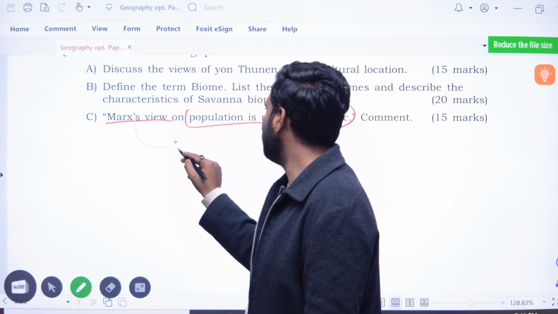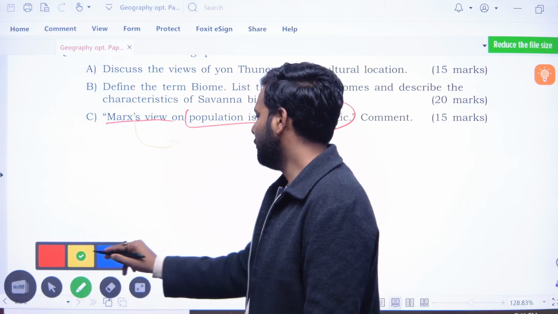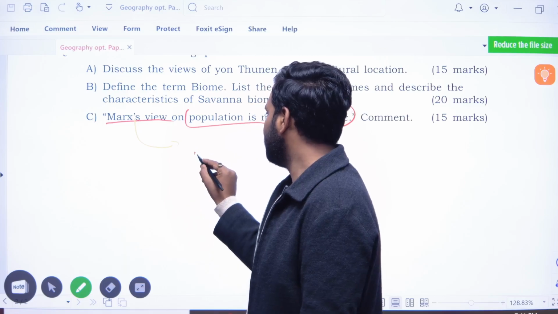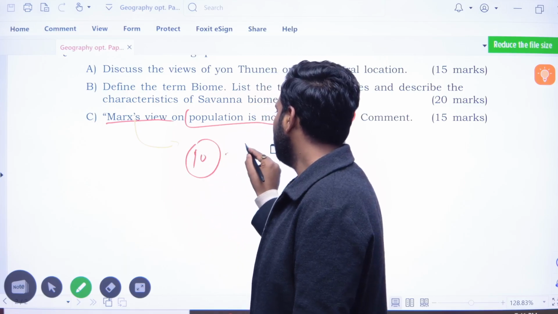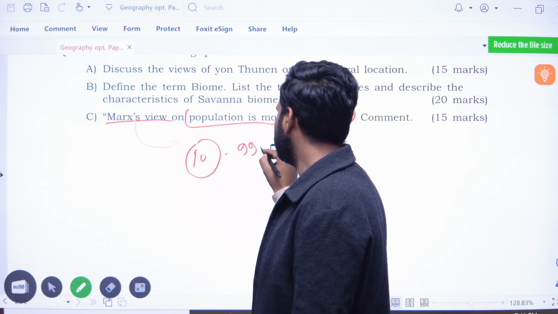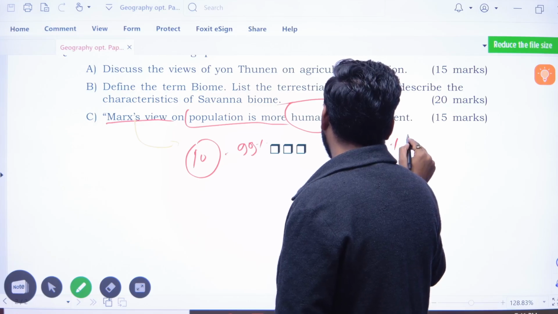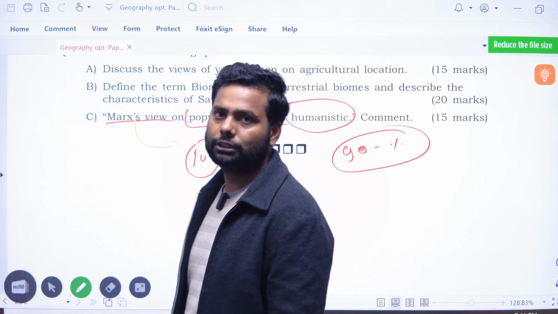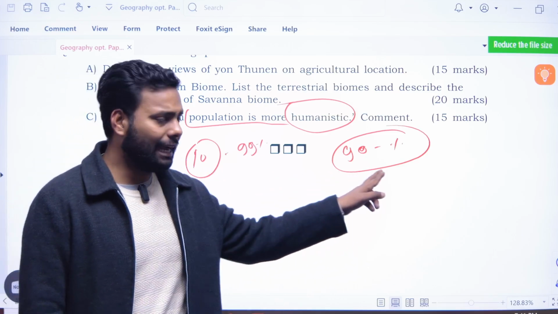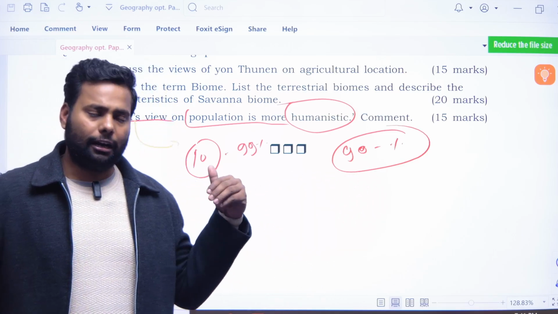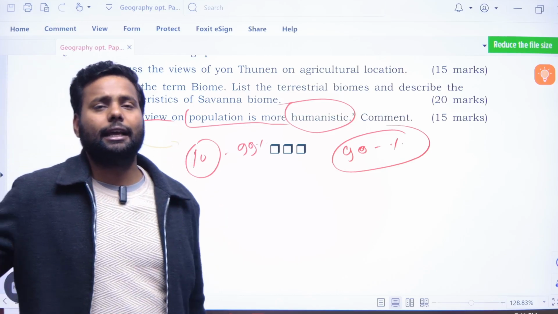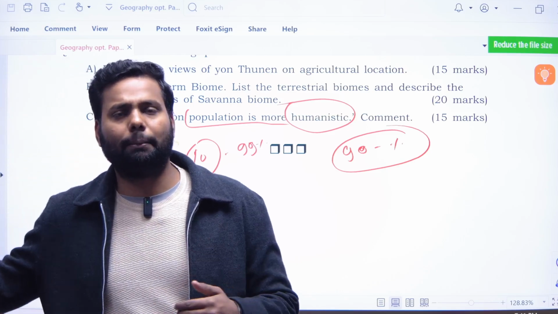Marx says that 10% of people have acquired 99% of resources and 90% of people have only 1% of resources. There is a highly imbalanced distribution, and according to Marx the elite class or the capitalist class cannot